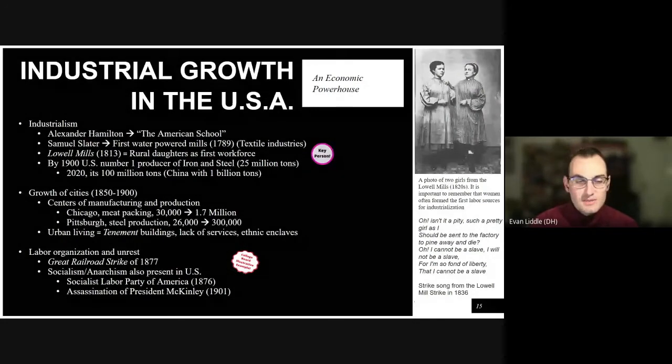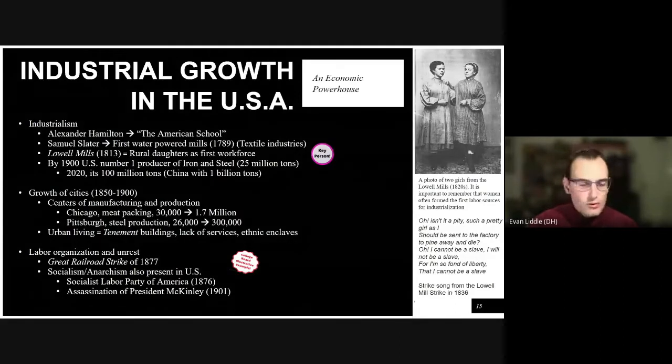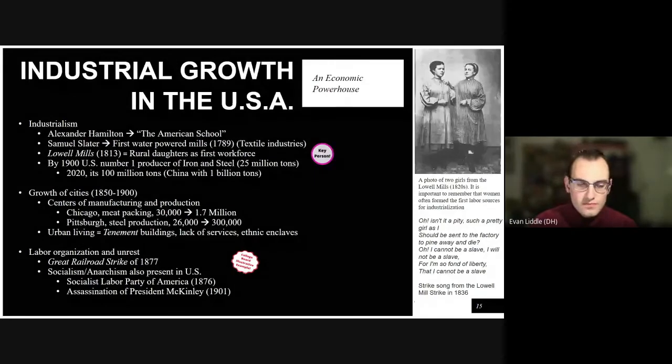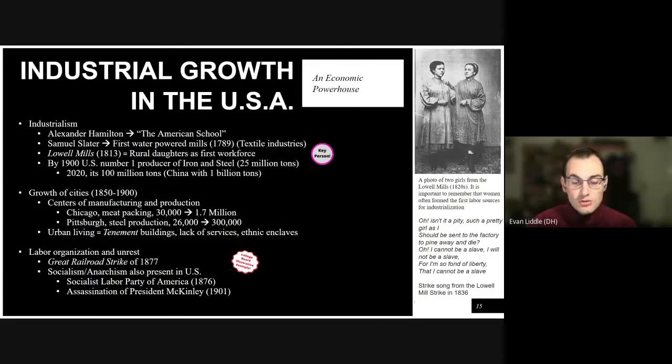You also had a guy named Samuel Slater, who created the first water-powered mill in the United States in 1789. And as I mentioned before when talking about the Industrial Revolution, oftentimes women served as the early workforce. The Lowell mill girls in what is now Massachusetts. So much industrial growth was there that by 1900, the United States was the #1 producer of iron and steel